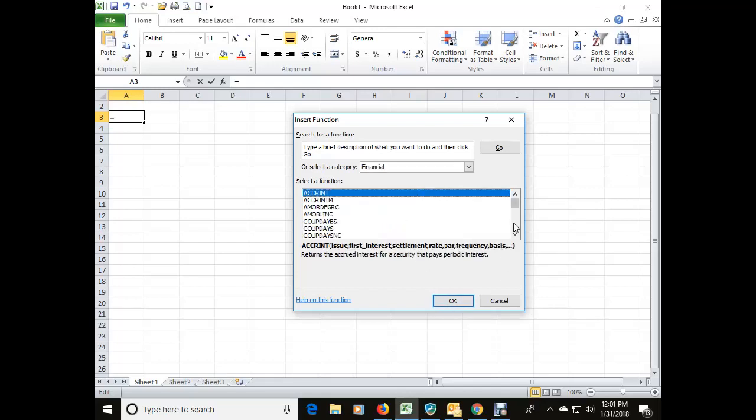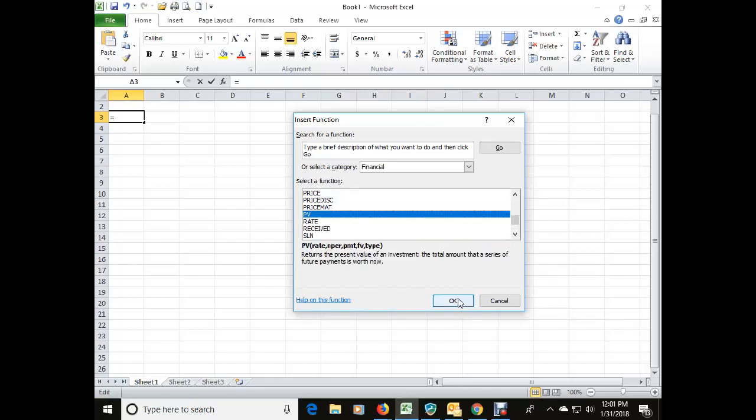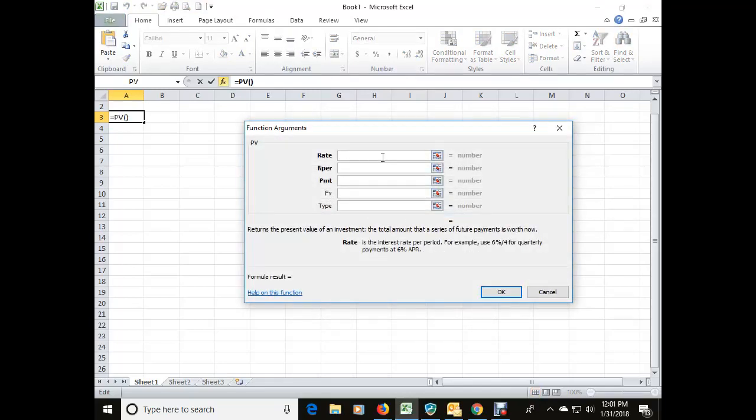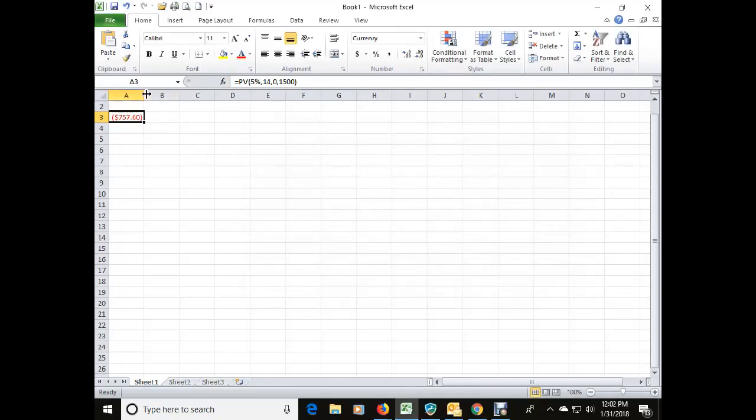And looking at problem 4-5, it tells us what is the present value. So it's asking us for a present value, so we're going to solve for present value. So we're going to go down here and find present value, which is PV, which is the present value. And we can put the numbers in here as they are requested. So the first thing we have is the rate, and the rate is 5%. The number of periods is 14 years. Payment is 0, and the future value is $1,500. And it will give us an answer of